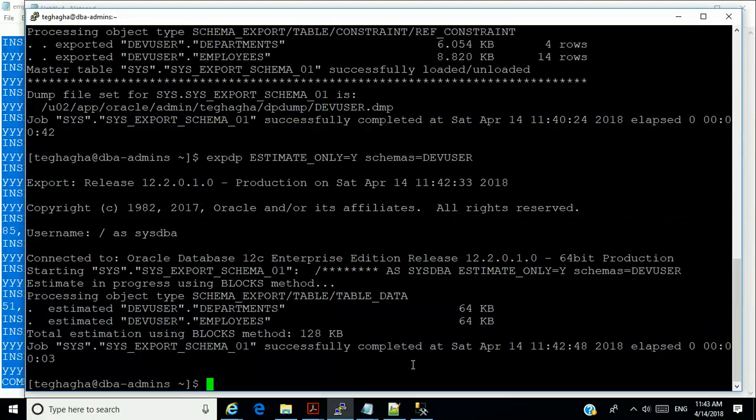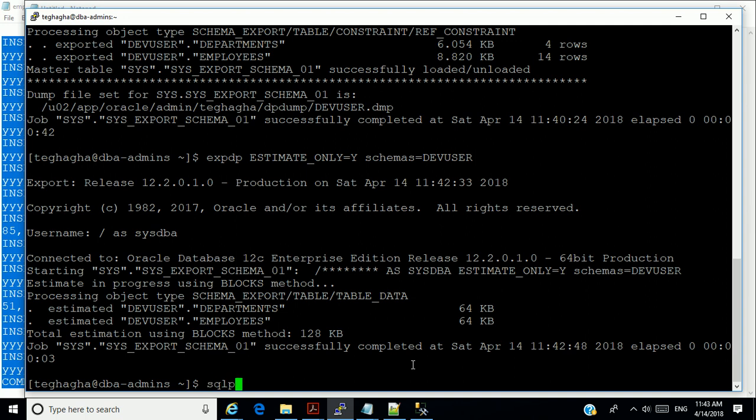But there are cases where you could have up to 200 gigabytes, 500 gigabytes. I've seen those cases in real life scenarios. So based on that size, I'll now have to check for a correct file system that can accommodate the size of the export. And if I don't have one, I have to talk with the system administrators to assign some space for me or to expand an existing space.